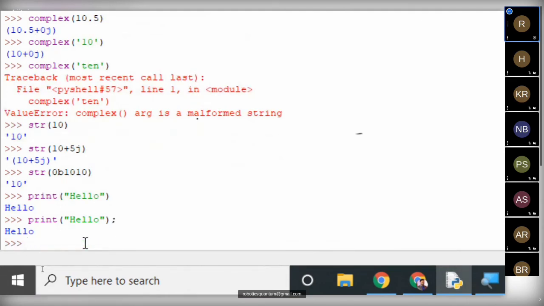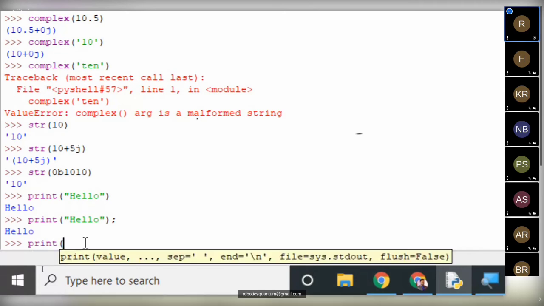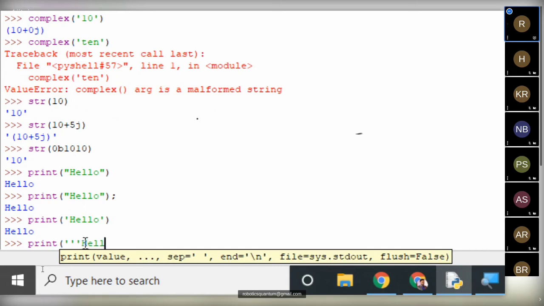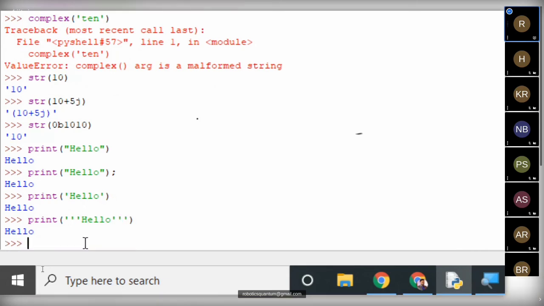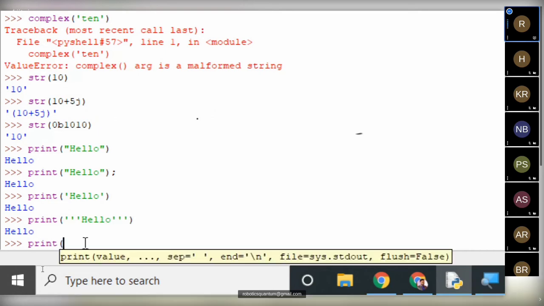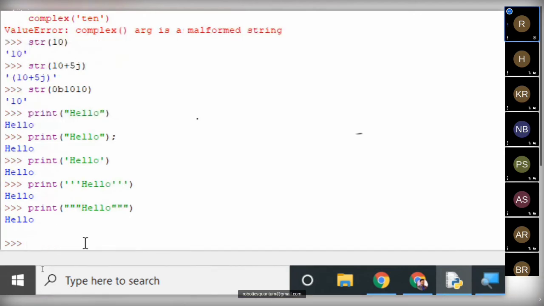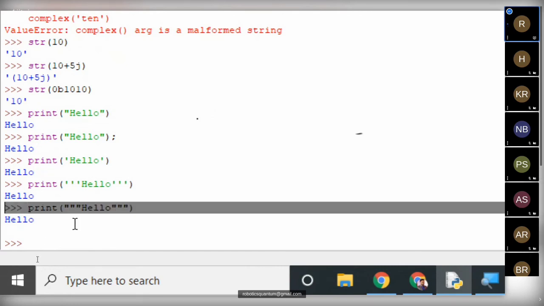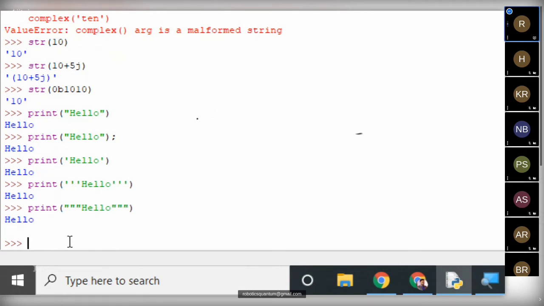As I said, the semicolon is used to separate two single-line statements. We can also print with single quotes, hello, and nothing will be different. With triple single quotes, it is the same, because a string can be represented in four different ways: single quotes, double quotes, triple single quotes, and triple double quotes.